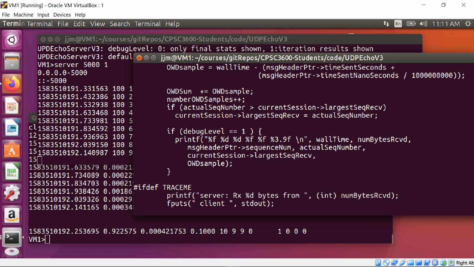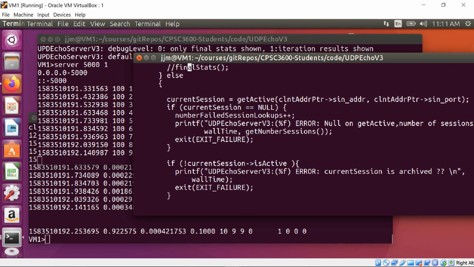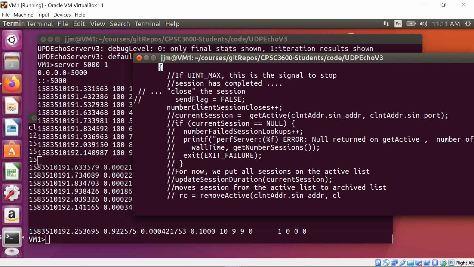And then something called OWD sample, one-way delay sample. So another change to this code, the delta from version 2 to version 3, is when we receive a message from the client,